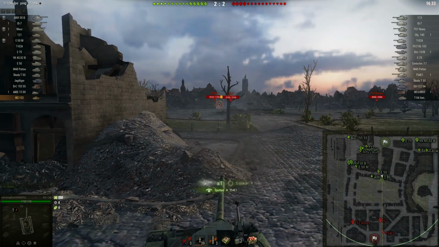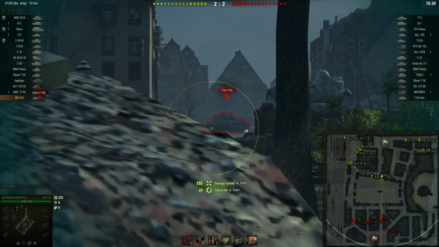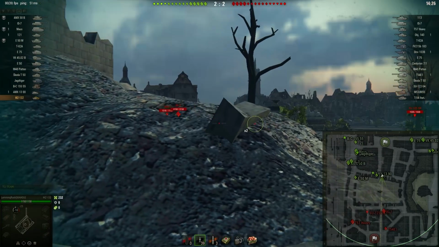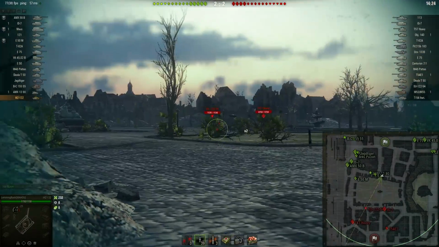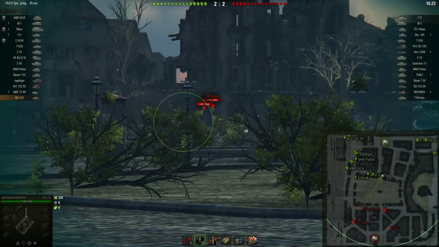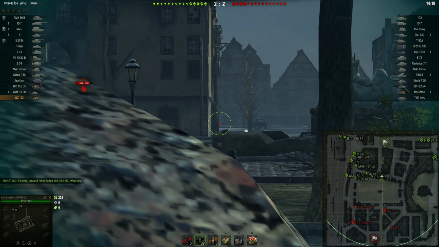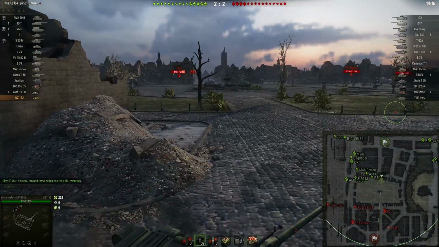So, what I do typically on this map is I'm into the middle. I'm obviously trying to get shots on people as they drive into position, find out where they're going, etc. Looking at our map, you can see we're really strong on the 1, 2, and 3 line. We have nothing on the 8 line, and we have 4 tanks on the 0 line. Now, the way this map works is typically,